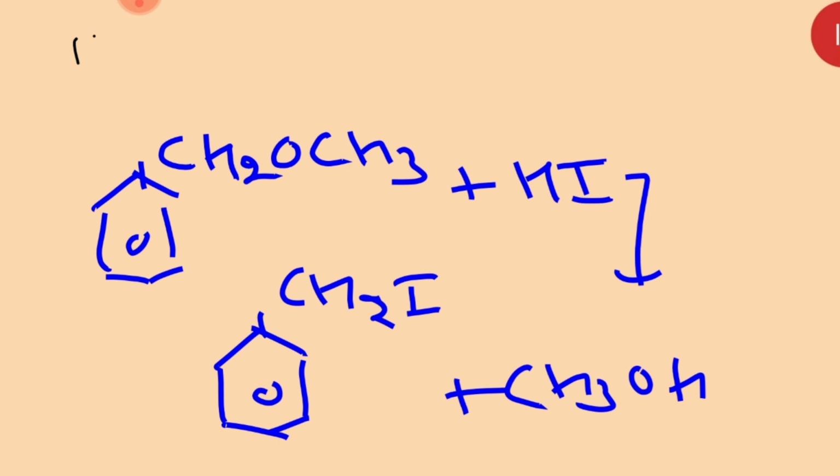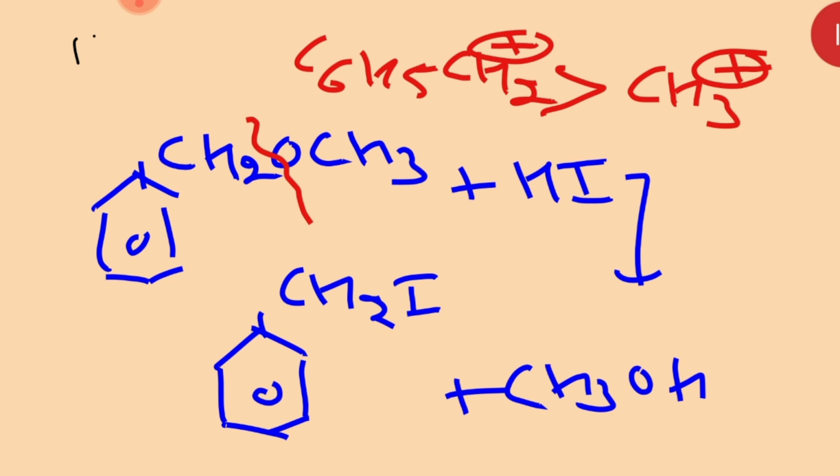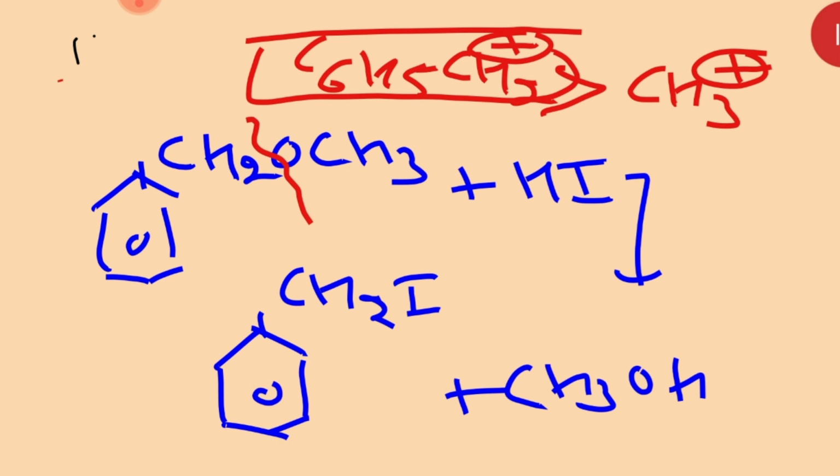Just see there, why are we cleaving the bond from there? What is the reason behind it? Actually, beta, C6H5CH2 positive is a carbocation. Same way CH3 positive is a carbocation, and I will tell you the C6H5CH2 positive carbocation is more stable. This carbocation is more stable. Clear? So that is why we are doing it this way.